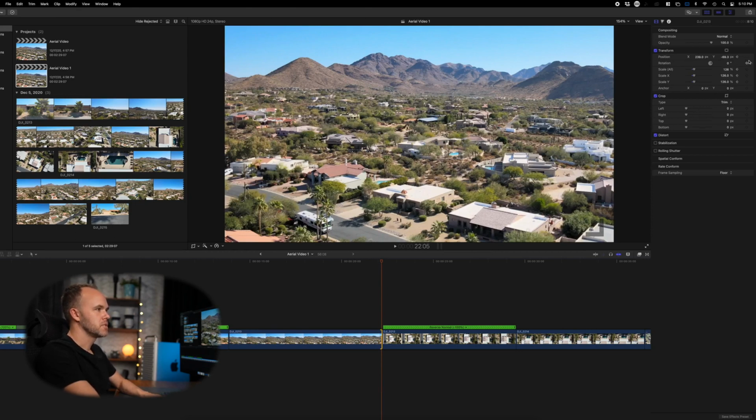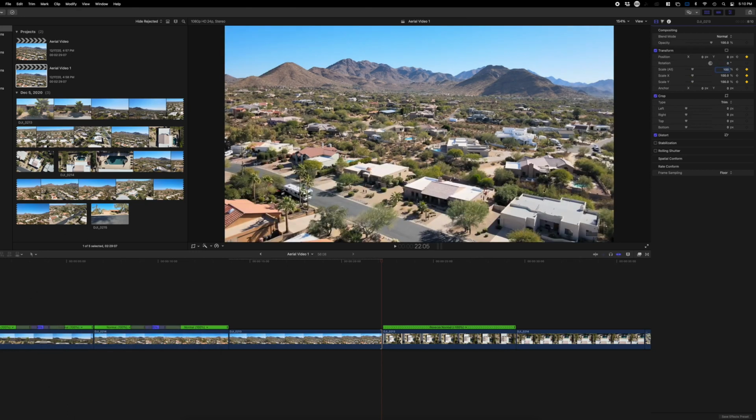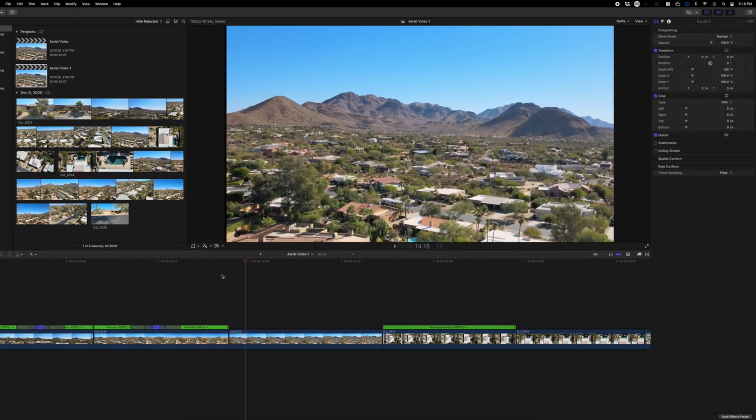And now what I'm going to do is we'll do a keyframe again. And we'll reset all this back to 0. The X and Y position to 0, and we'll do the scale all back to 100%. So now we're back fully scaled out in this clip. Now let's see what it looks like here. All right, so